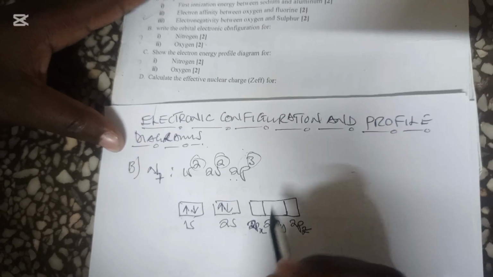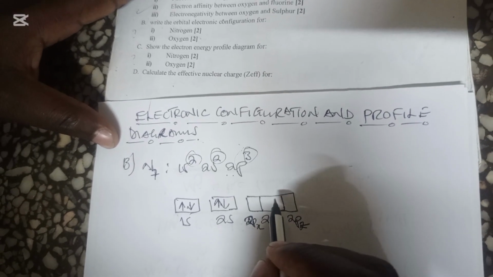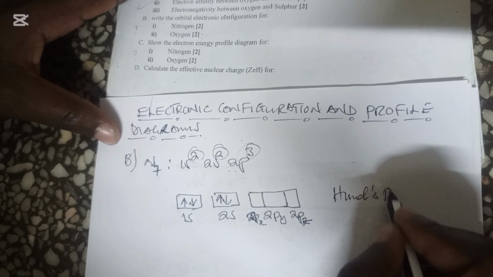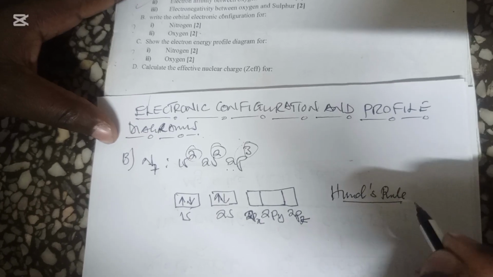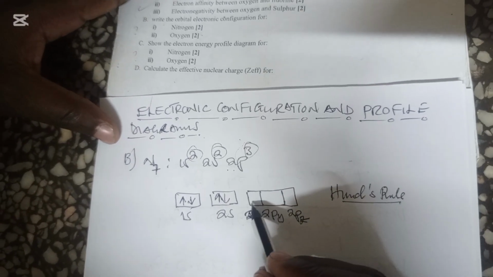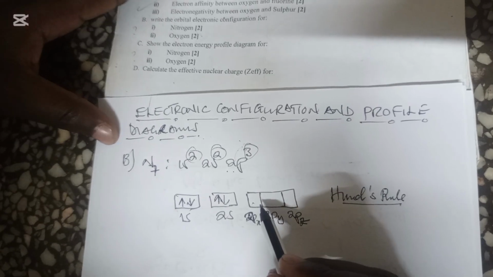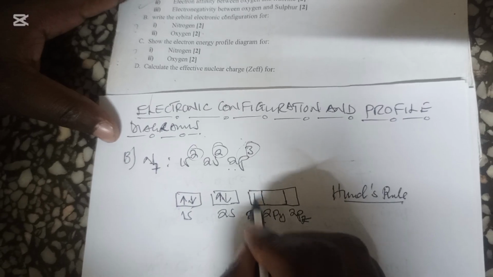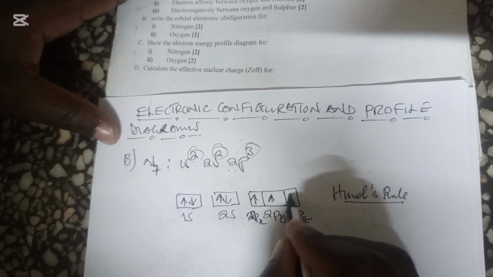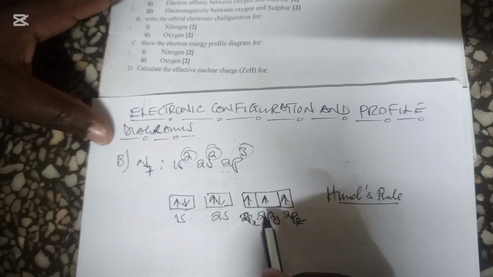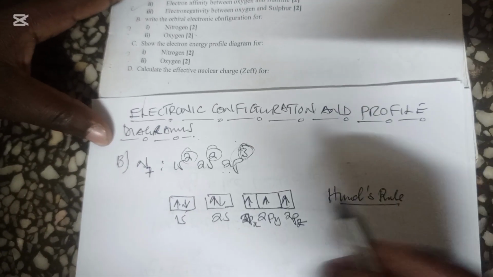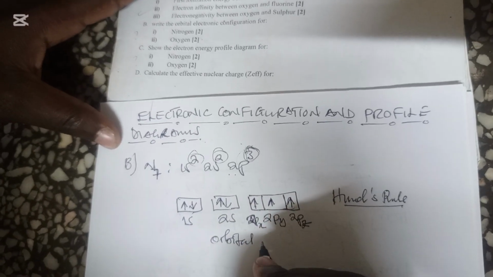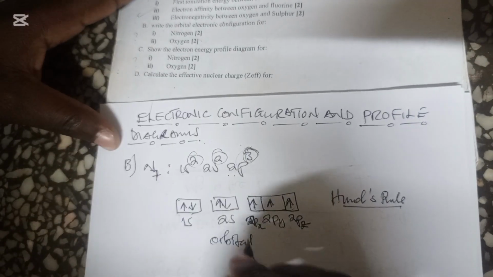So how is the distribution of electrons done in these degenerate orbitals? We follow Hund's rule. Hund's rule says when you're distributing electrons in the degenerate orbitals, each degenerate orbital should be singly occupied before doubling up. So we're going to put 1 electron in each of the orbitals like that. Once you put 3 like this, it's done. This is the orbital electronic configuration